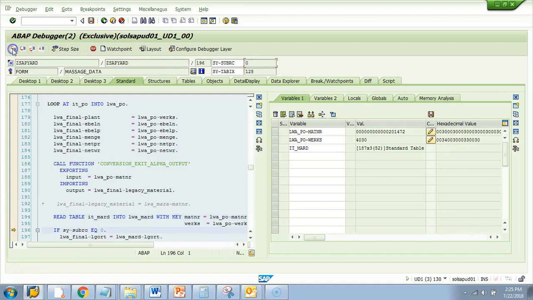So if I do F5, okay, sy-subrc is 0. That means the select was successful. How do I know that? If I double click on sy-subrc, it is still 0. And also look at sy-tabix. It says that at line number 125 of this table you found that entry. So the entry is